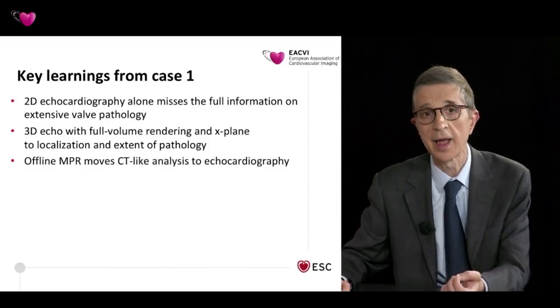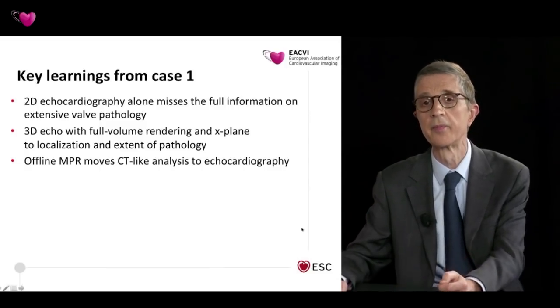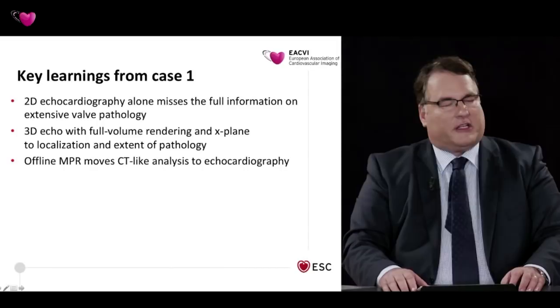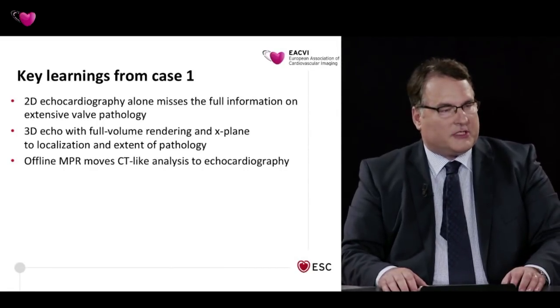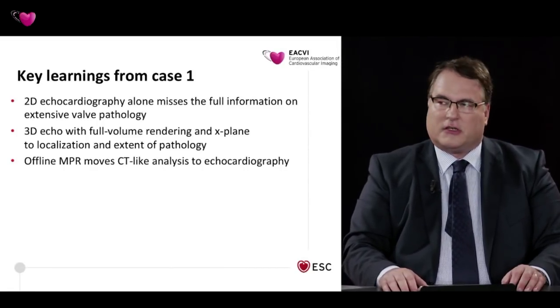And offline MPR moves like CT scan analysis allow also more complete analysis of this complex mitral valve. Thank you, Eric, very much. And I think these were compelling and excellent images to really show the advantages of the